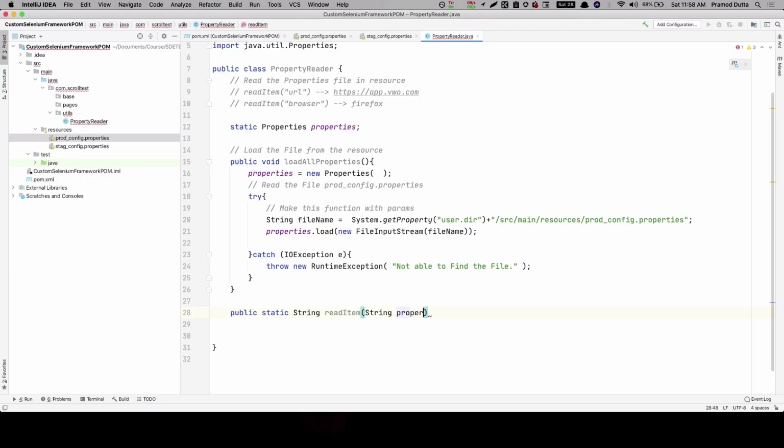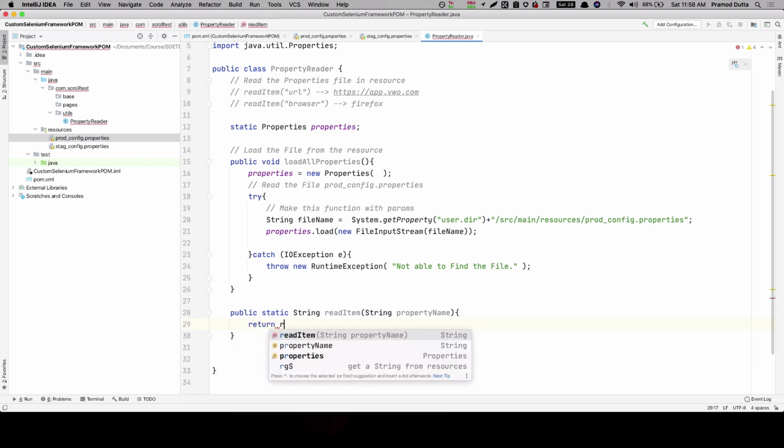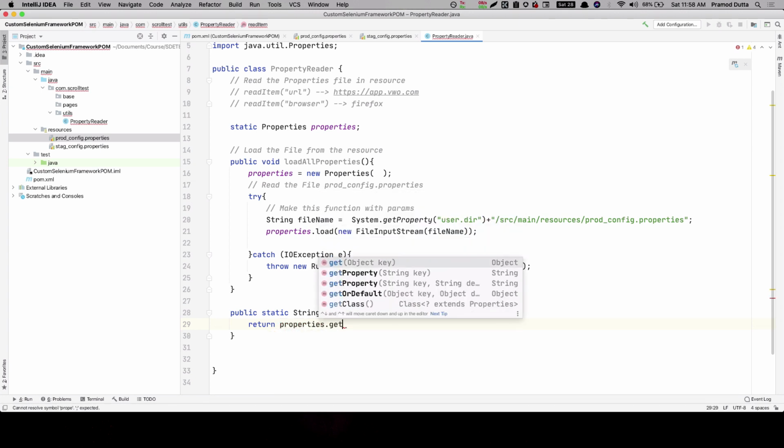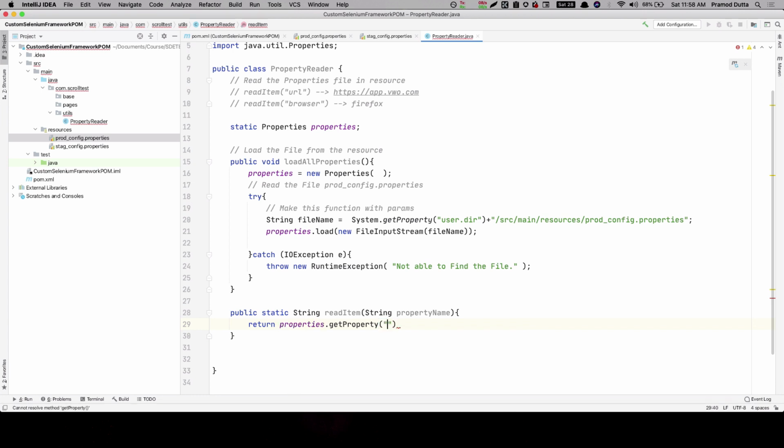What is the property name that you want? And here you can basically return properties.getProperty, right? So we can pass it like this. So whatever property I'm able to find, I'll just return it, right?